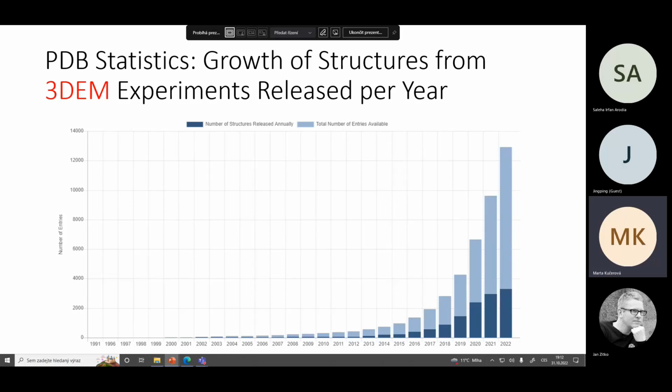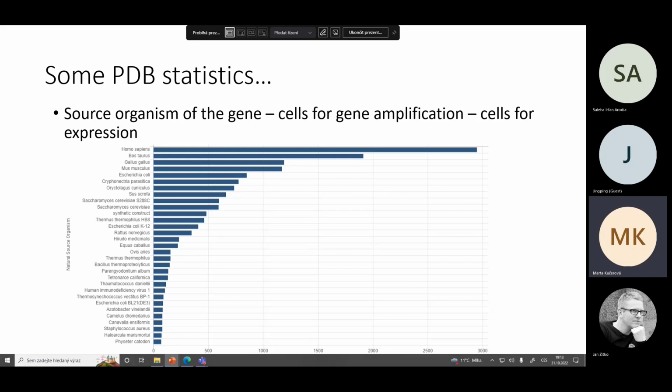I would like to also show the increase in the structures that were resolved using 3D cryo-electron microscopy. It's really a very well-established method and most used, and the growth of the structures using this method for the resolution of the structure is really increasing. It's very popular. You can find different PDB statistics on the website. So I selected only the overall number of entries, the electron microscopy entries, and here is an overview of